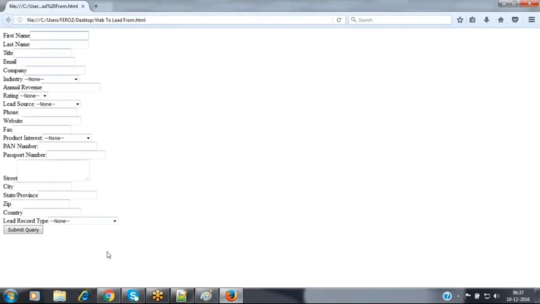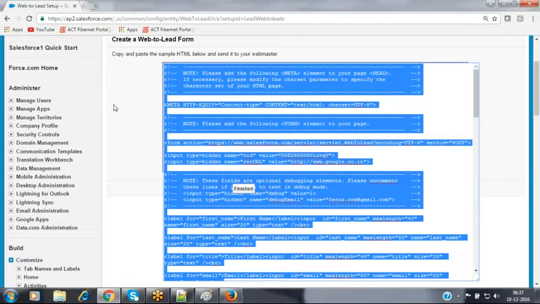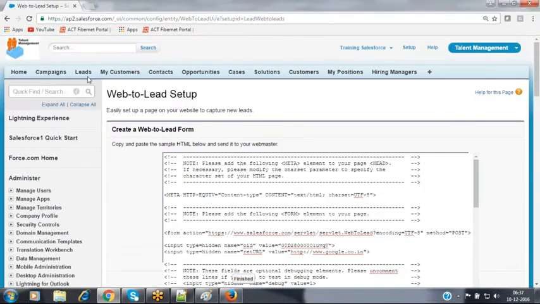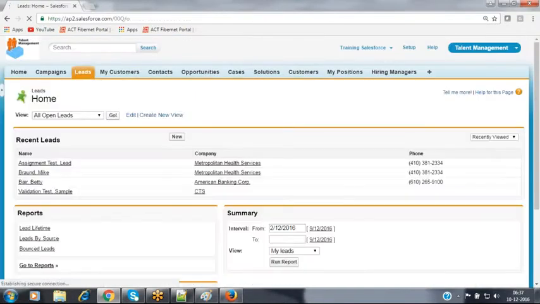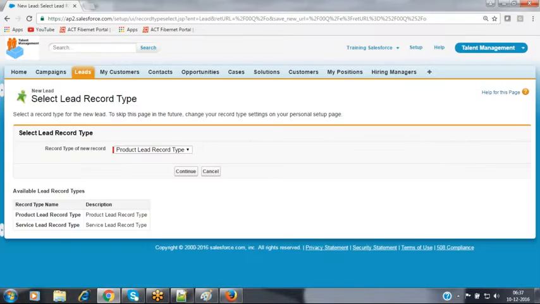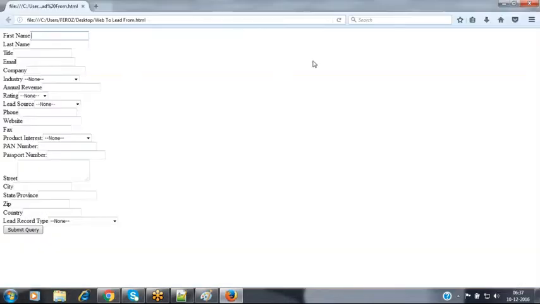Let's see practically here. No need to go to your Salesforce instance. I don't want to use my Salesforce instance. I don't want to use that leads tab and the new button to create a new lead record. From now onwards, I would like to use this graphical user interface, nothing but the simple HTML form, to create some lead records here.